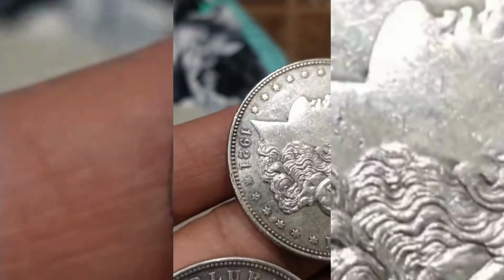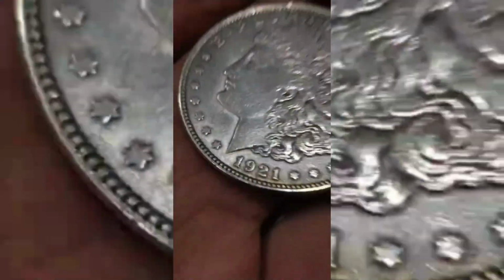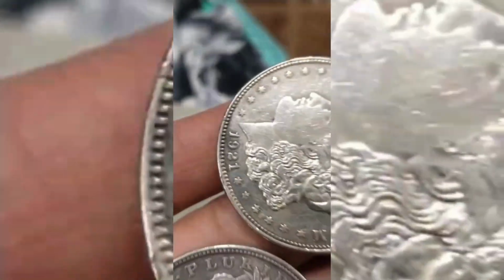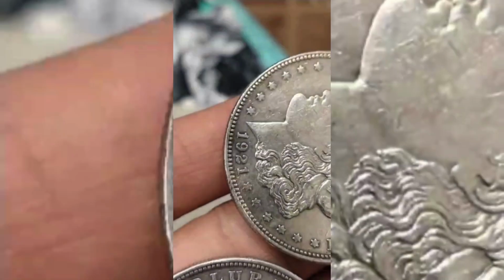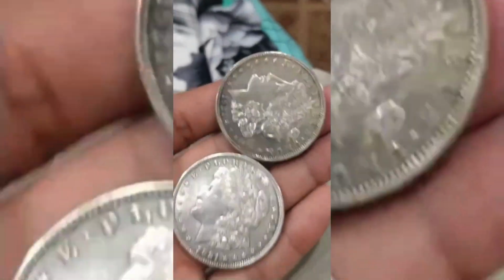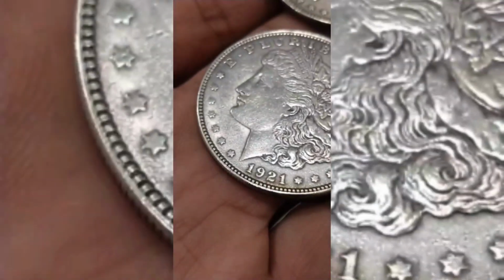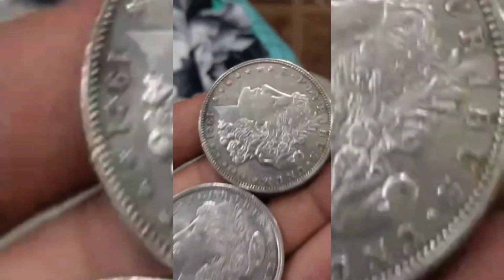And while that would already make the coin extraordinary, the errors don't stop there, because this particular specimen also exhibits irregular reeding on the edge of the coin, with some areas completely smooth and others showing overlapping reeded patterns, indicating that the coin may have shifted or rotated during the striking process, possibly due to improper collar usage, further supported by evidence of doubling on both the date and the motto, E Pluribus Unum, where the doubling is not the result of hub doubling but machine doubling, another mint error that adds character and rarity when found on coins of